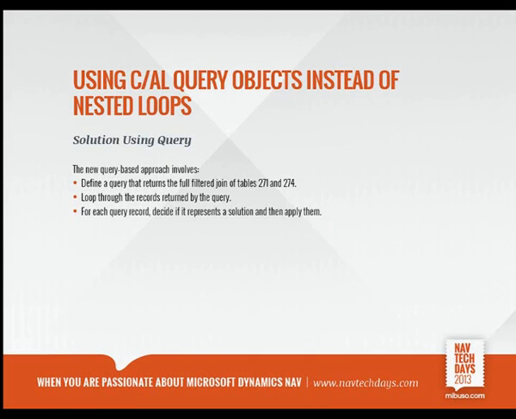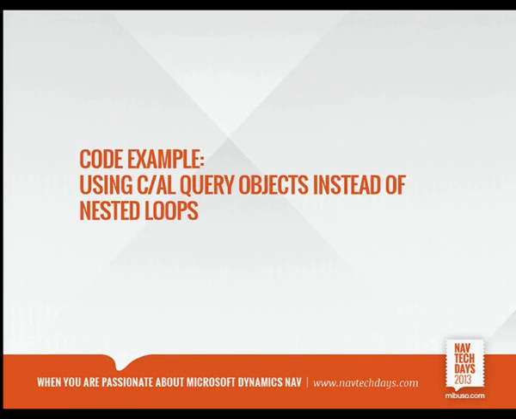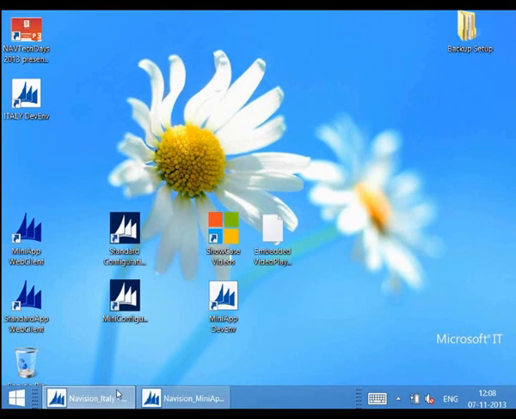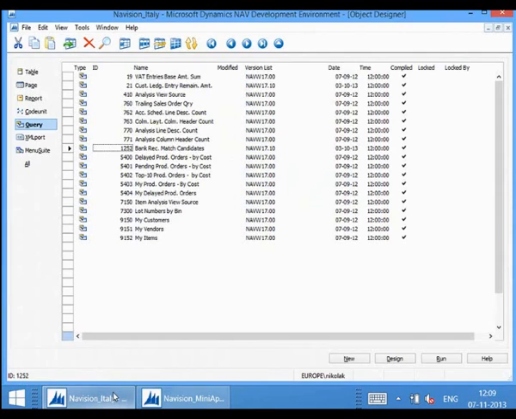I'm going to show you right in the product. Let's hope this switch works. What we implemented. Can you see it? Yes. So if you go to the product, you will find the query called 1252 Bank Reconciliation Match Candidate. And if you design it,